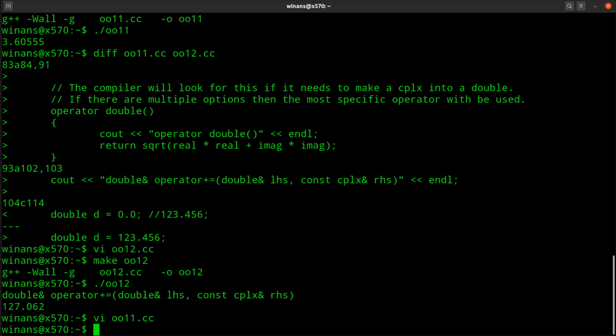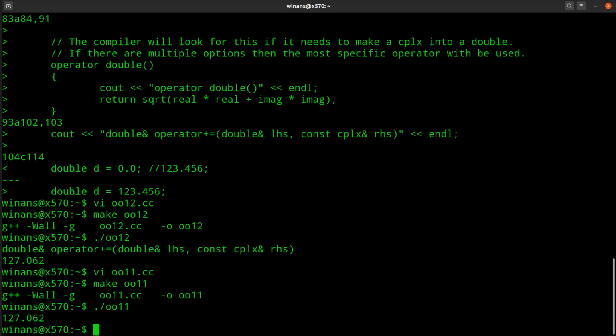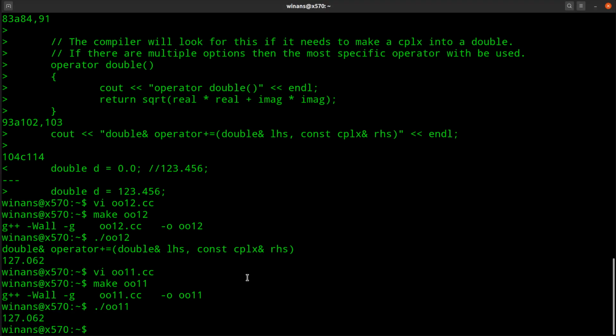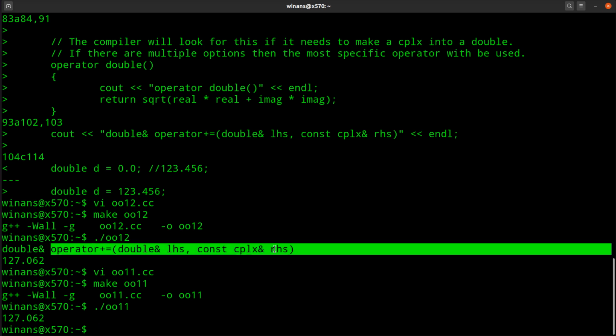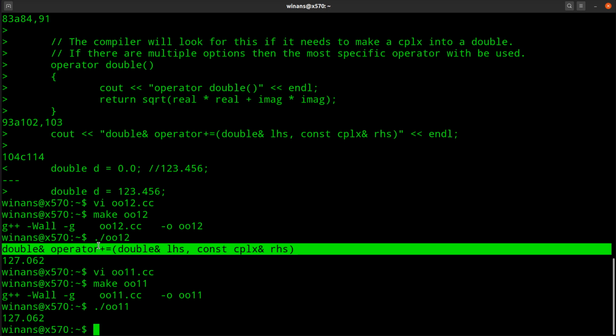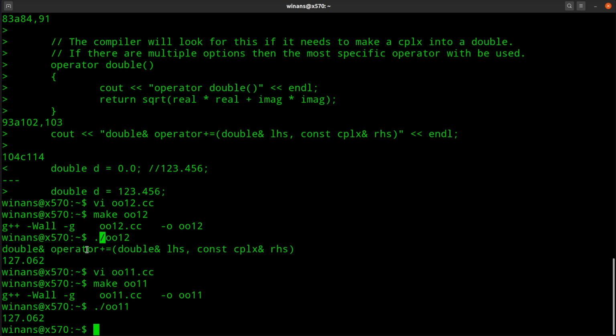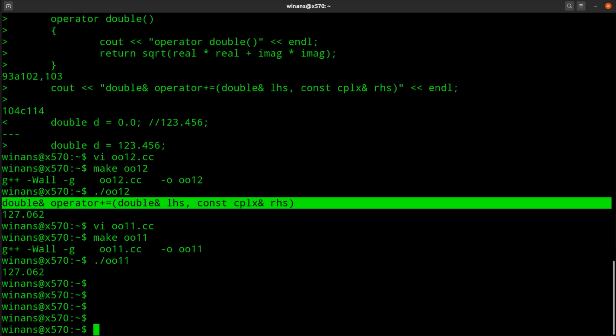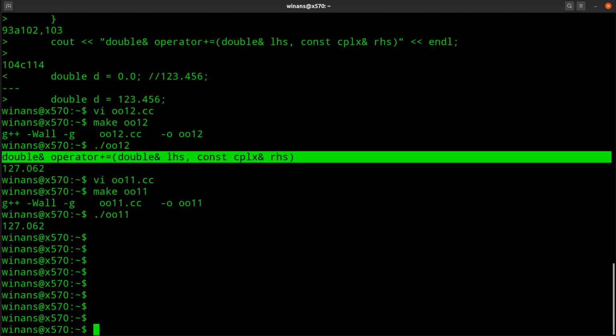All right, so we're just playing around with that. And yes, we did. 127.062 for each of the two cases. And that makes perfect sense because they both called this, right? In version 11, it had no option. It only had this function here. In version 12, we give the compiler a choice. You can either use the same thing it did in 11 and get the same results, or you could convert the